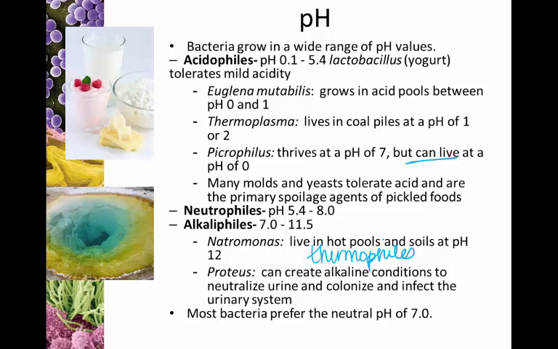Now, when it comes to bacteria that live within our bodies, it depends on where they live. If it's an organism that thrives in the stomach, chances are it's an acidophile. If it's an organism that is particularly happy in the liver, well, your liver is about pH 9, so it's probably going to be an alkalophile. But pretty much the rest of your body, with those few exceptions, are going to be neutrophiles. Another example of acidophiles, the vagina actually has a relatively acidic pH.